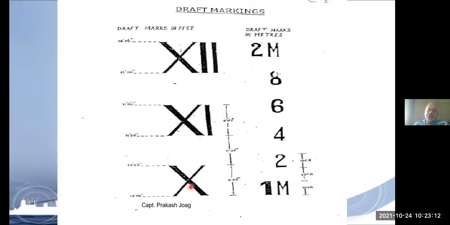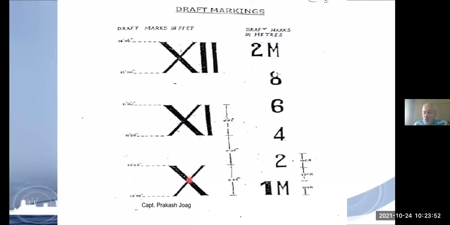When the draft is in feet and inches, on some ships, it will not be marked both ways. It will be either in meters and centimeters, or in feet and inches. Mostly where American influence is there, because America still works in feet and inches, and also in Taiwan, South Korea, or the Philippines. All over the rest of the world, they use meters and centimeters. So this is how it is marked.